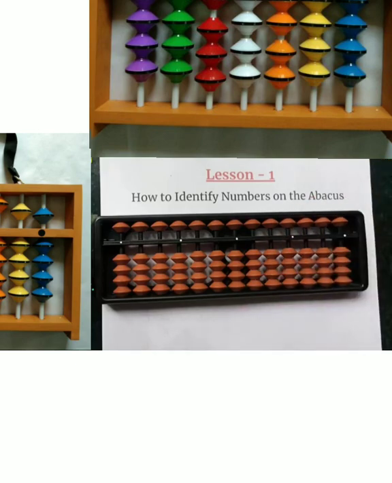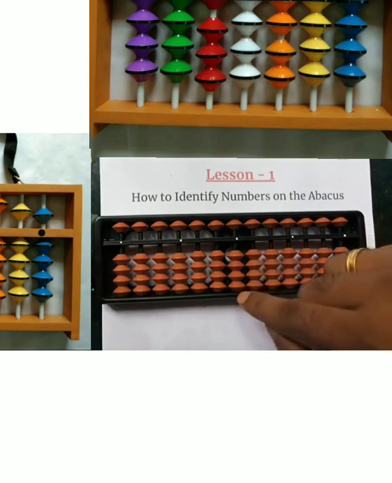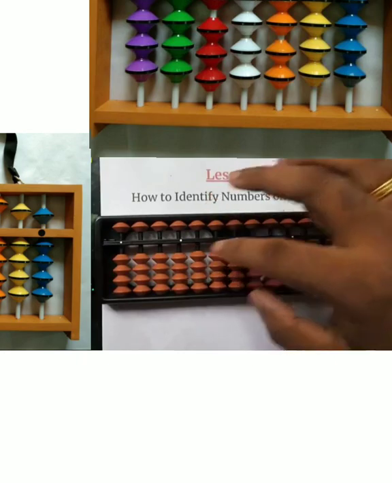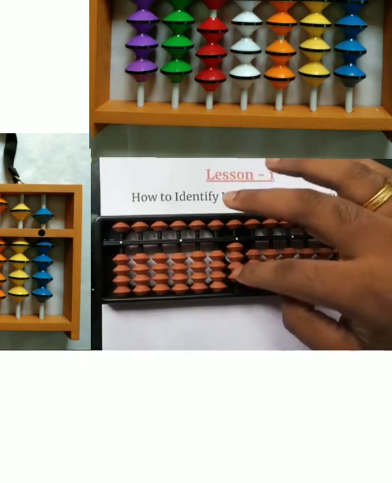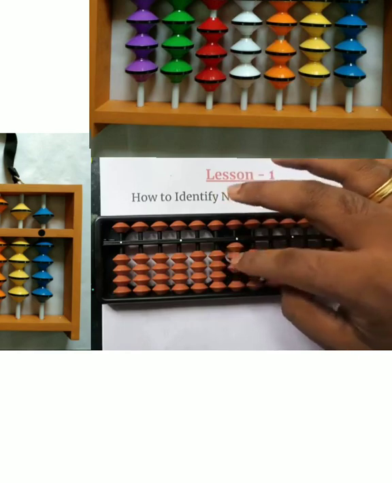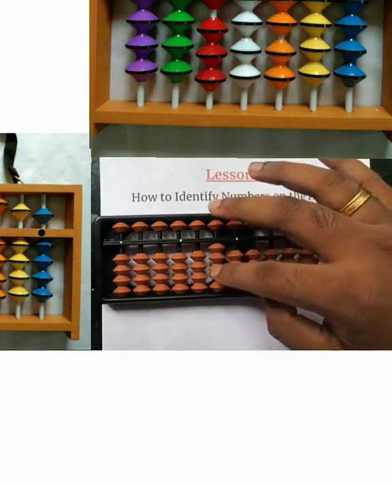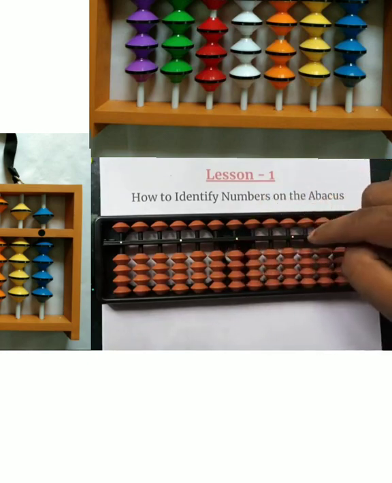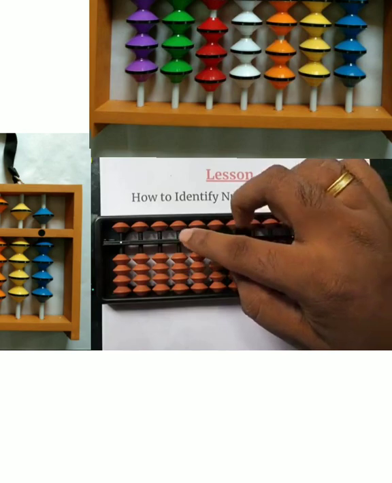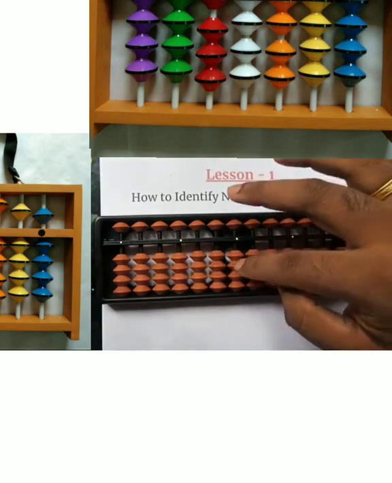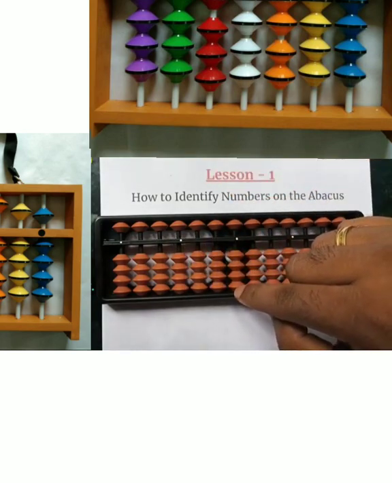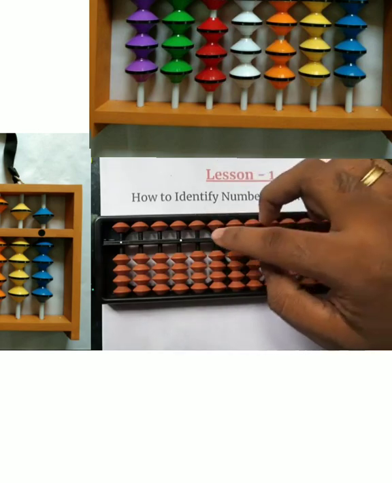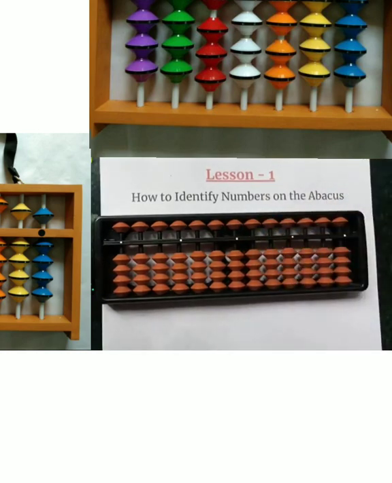So let's start with 1 digit numbers. On the units place, as we can see on all rods, we have 4 individual beads in the lower part of the abacus. Lower part means the part below this central bar. Below this bar we have 4 individual beads on each rod, and we have 1 individual bead on each rod on the upper side of the bar. So there are a total of 5 beads on each rod.